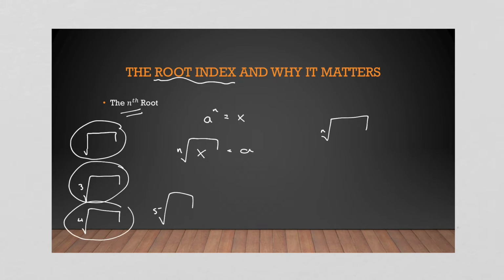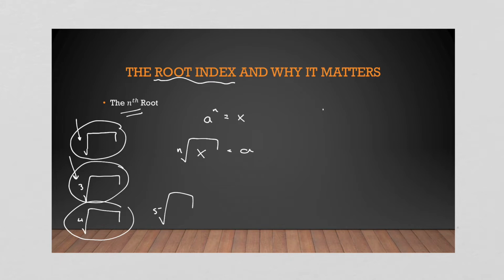fourth root. What it means is how many identical factors you need to have in order to be the square root or the cube root or the fourth root. And the number of identical factors is the index of the root. So as an example,